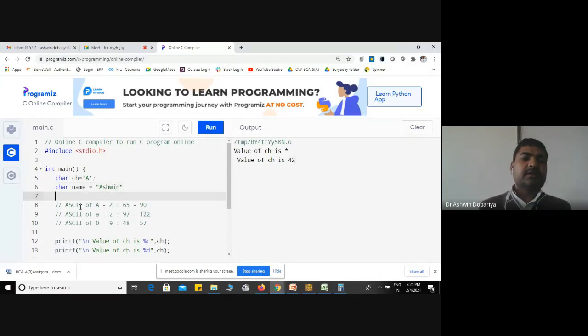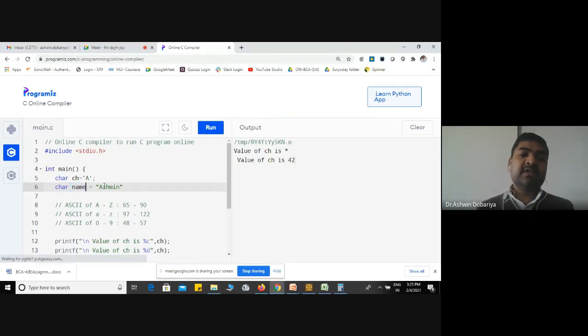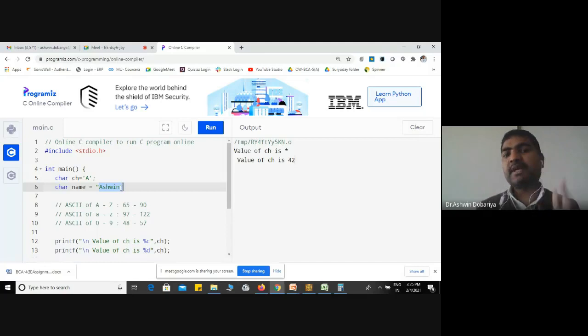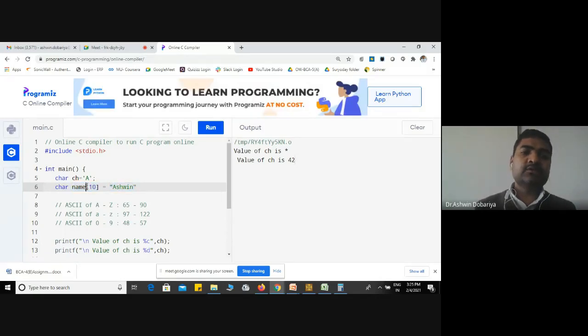Ashwin, right? So see, if you declare only one variable, then it can manage only one character. Whenever I want to store a group of characters, we have to mention a size over here. And whenever you mention a size, it is known as an array. Actually, array is not part of our syllabus in the first semester. It is part of your syllabus in the second semester, where we will learn the depth of the array. There are integer arrays, character arrays, and float arrays.